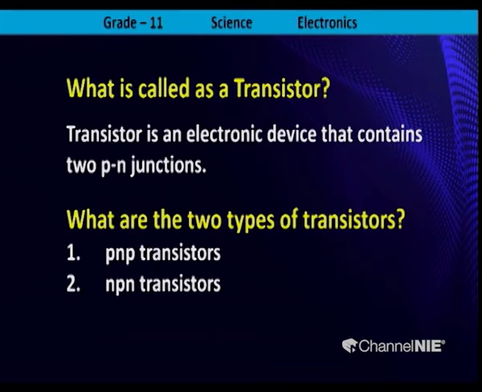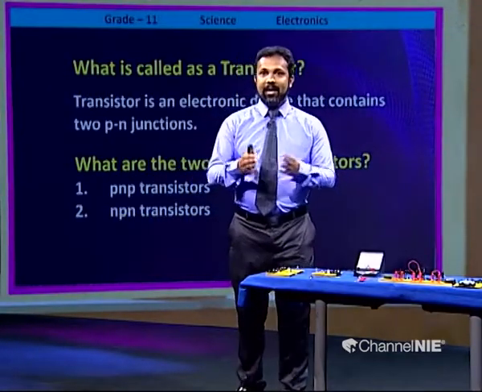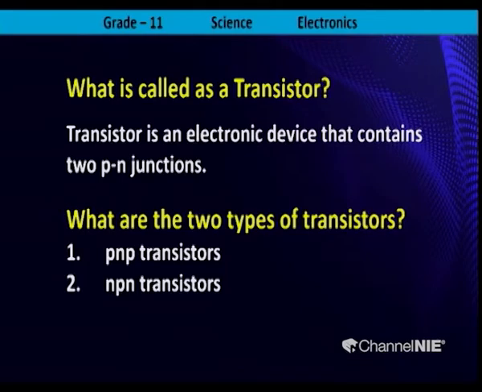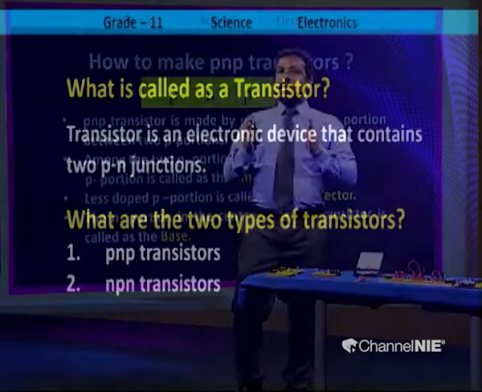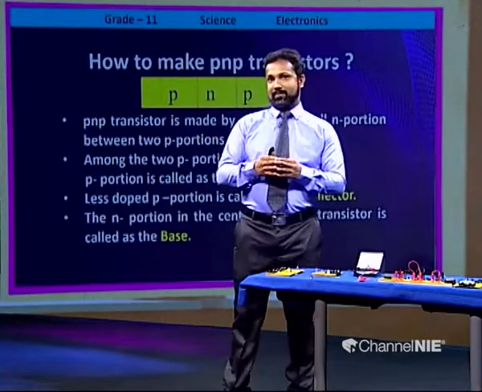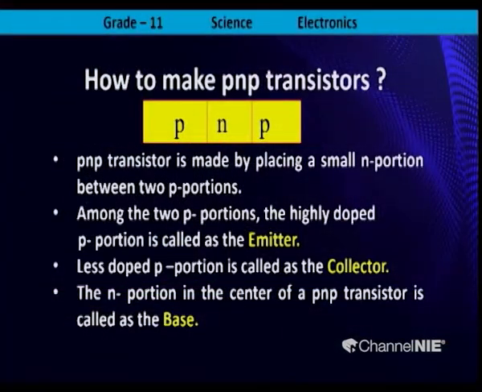Right. When you think about transistors, my dear children, there are two types of transistors. What are they? As shown in the slide, you can see Pnp transistors and Npn transistors. Let's study how to make a Pnp transistor. As you can see, Pnp transistor is made by placing a small n portion between two p